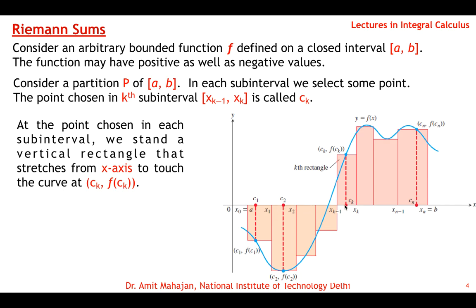Similarly, with the point ck we see where the function value is, and we draw a rectangle with the height f(ck) and the width delta xk. Okay, and so on, continuing to the last subinterval for the chosen point cn. The corresponding point is (cn, f(cn)), and with this height of f(cn) we draw a rectangle with the width of delta xn. Okay,